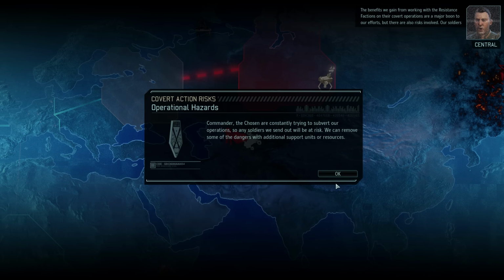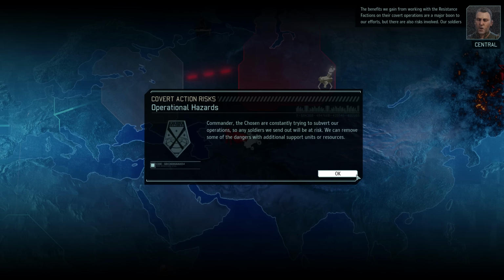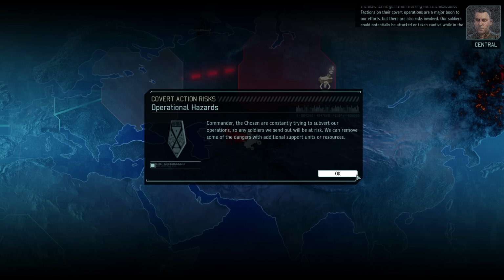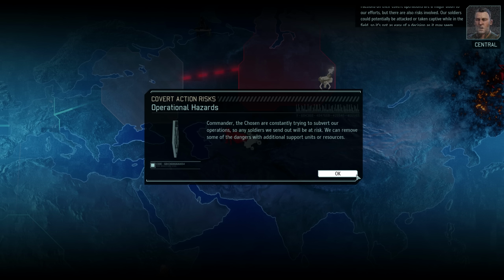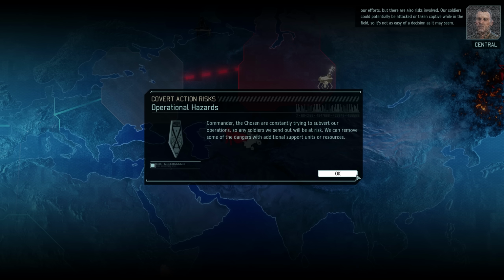The benefits we gain from working with the Resistance factions on their covert operations are a major boon to our efforts. But there are also risks involved. Our soldiers could potentially be attacked or taken captive while in the field, so it's not as easy a decision